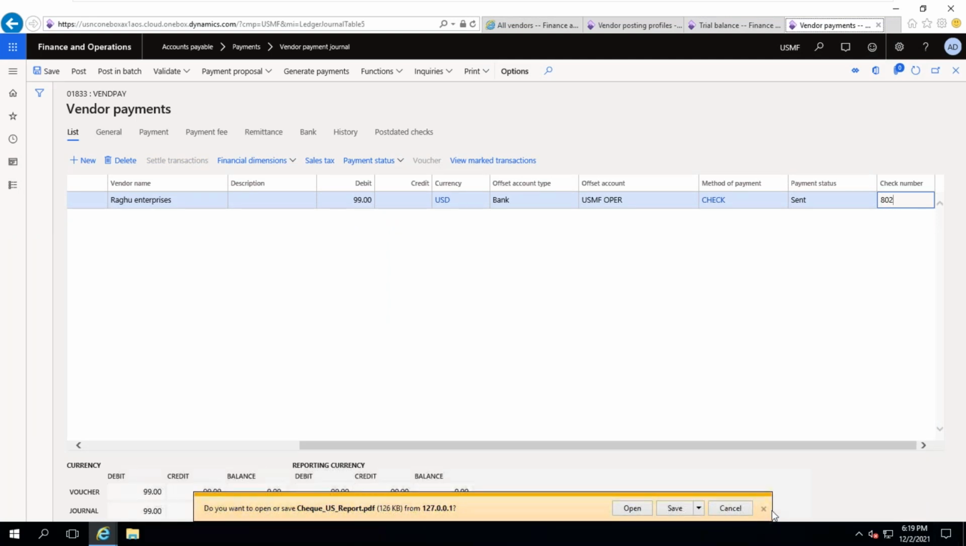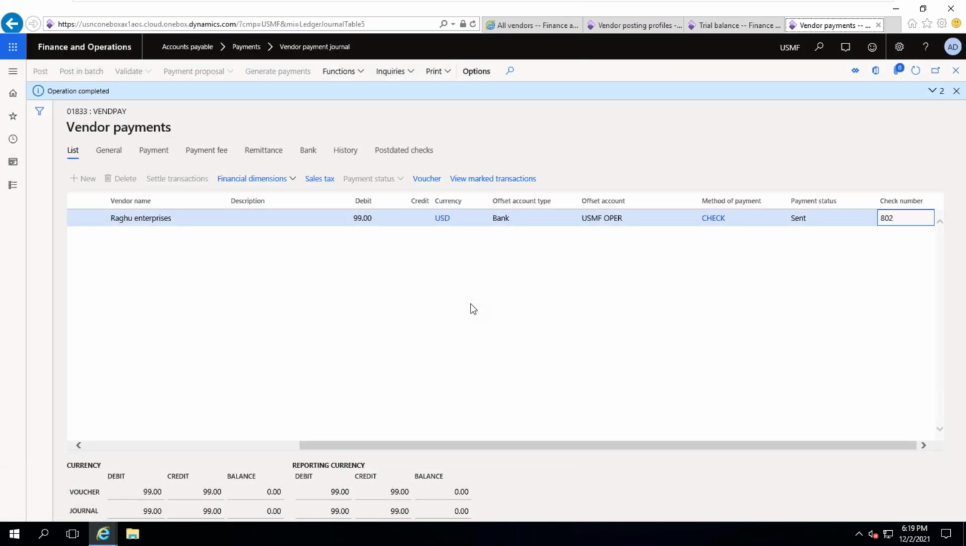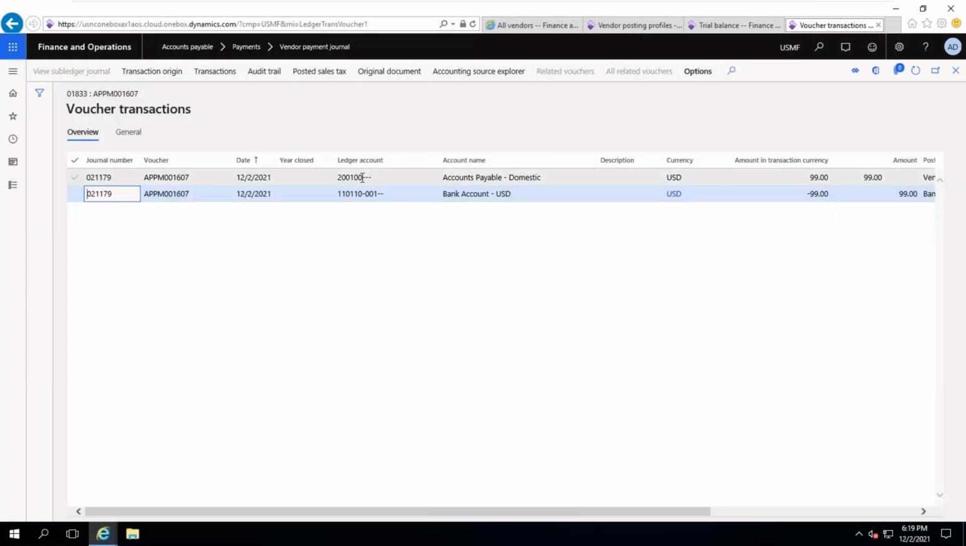So now it was generated. Let me post. Okay, now if you verify the voucher, here it is posting to 200,100 and 110,110. 200,110 from where it is coming means